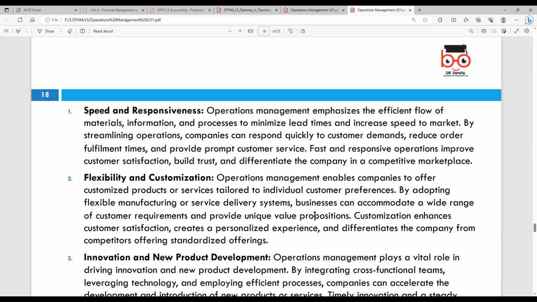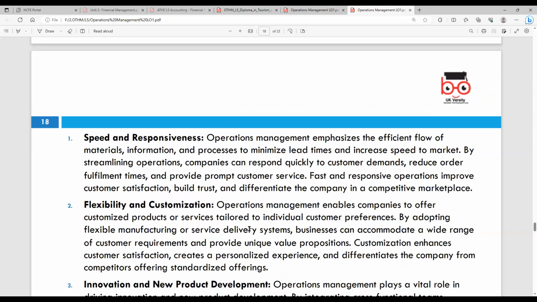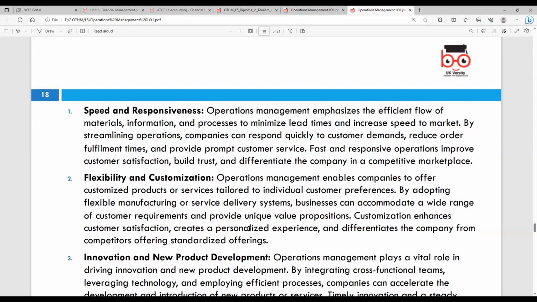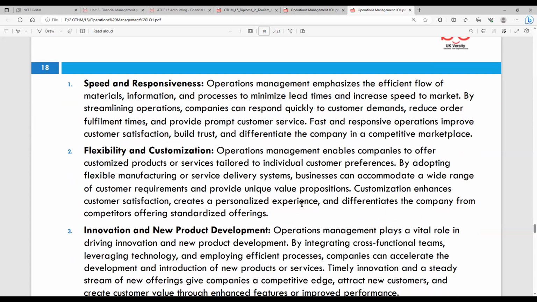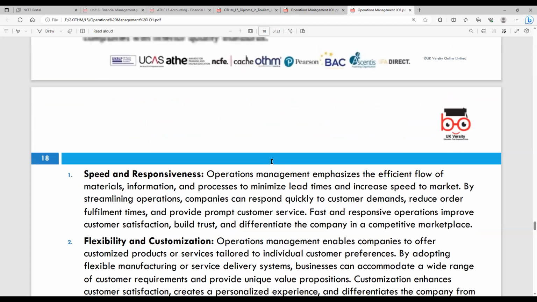So the operations will improve, increase your customer satisfaction, you will build better trust, and you will stay competitive. Okay, so you can use that technique. Okay, another